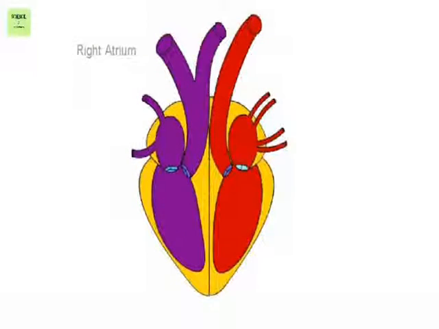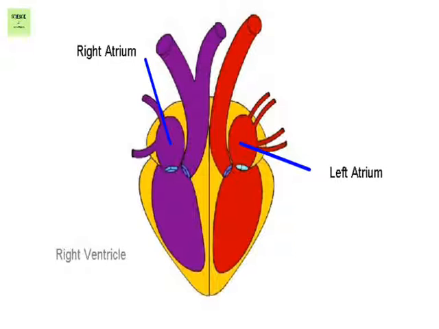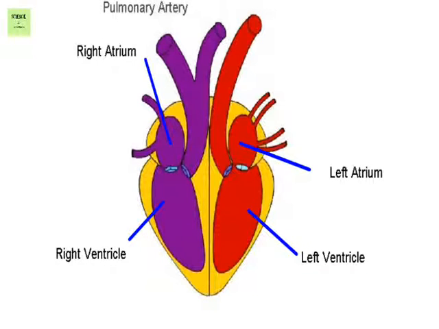Cardiac parts: right atrium, left atrium, right ventricle, left ventricle, pulmonary artery, aorta, pulmonary veins,